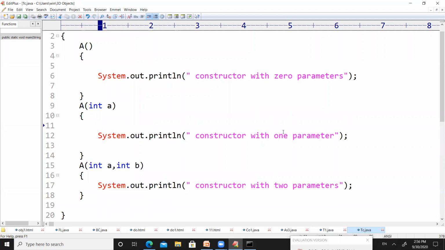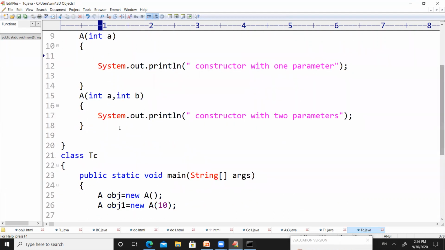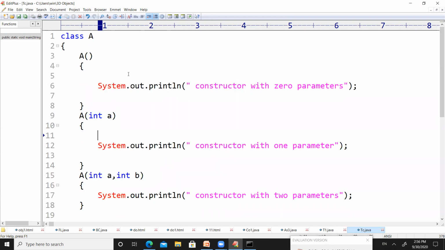If I want to execute the third one, that is A of int a and int b, we need to create another object, and at the time of creation we need to pass two integer values, so that will execute the third constructor. One more thing is that each and every constructor will have a super keyword added automatically by the JVM, whether we write it or not.